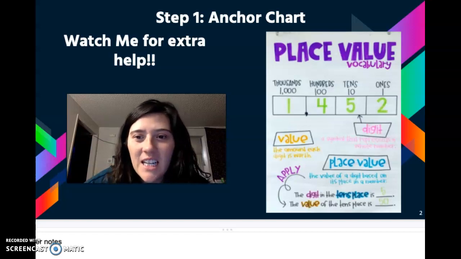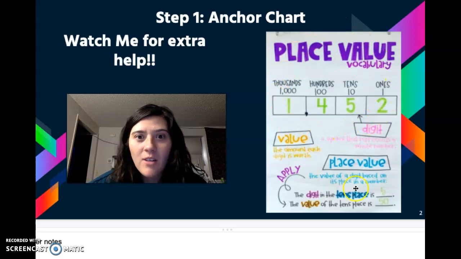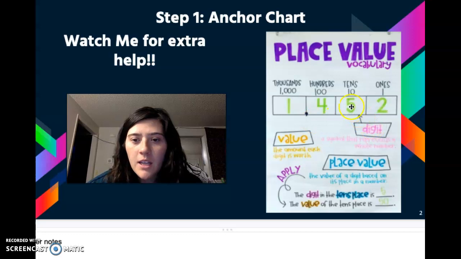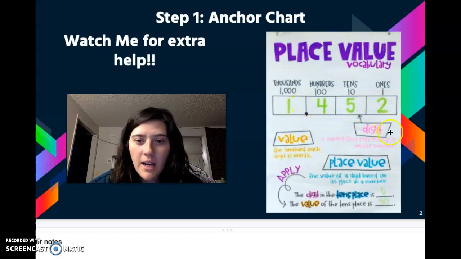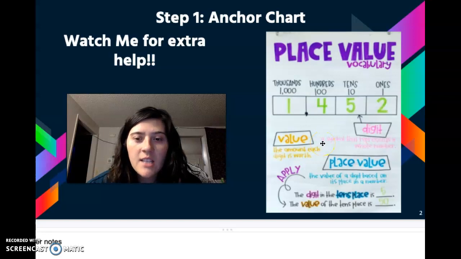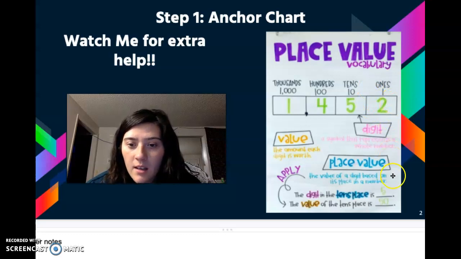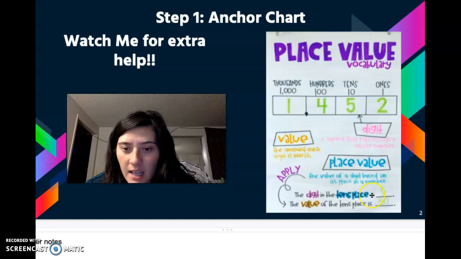Okay, let's get started. Over here, the place value anchor chart is right here to help you. Each one of these numbers is a digit, right? Value is the amount each digit is worth. So this 2, the value of the 2 is that it's in its ones place, so it is 1. Place value is the value of the digit based on its